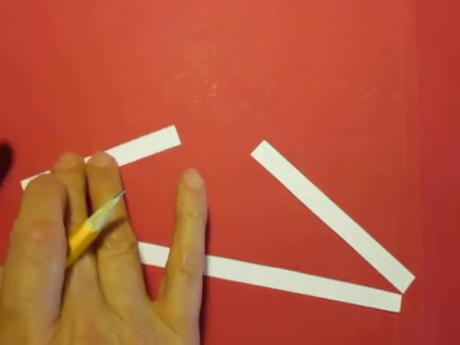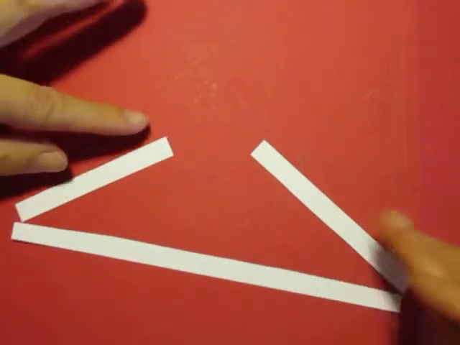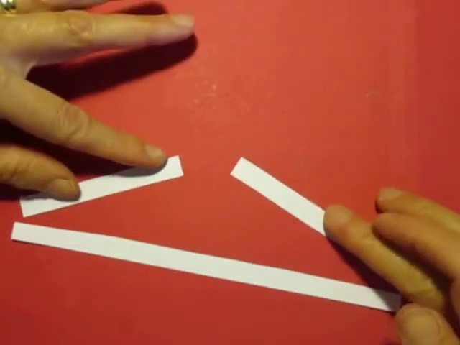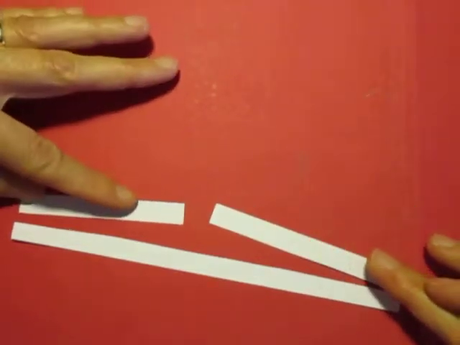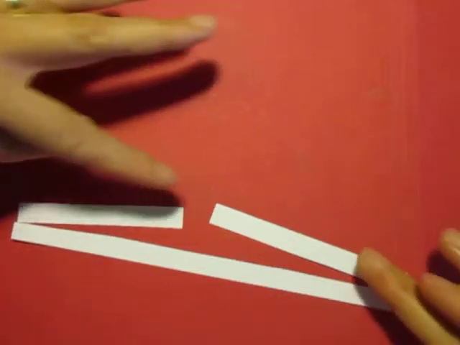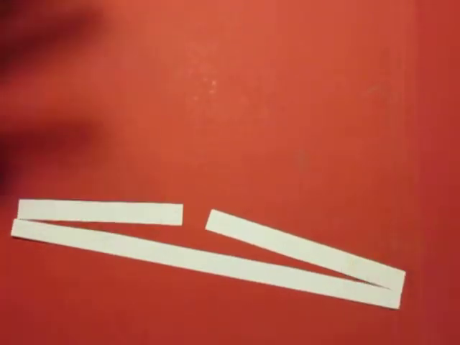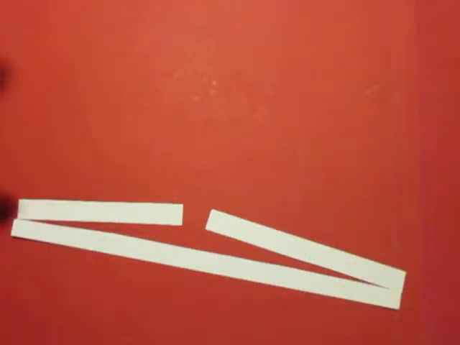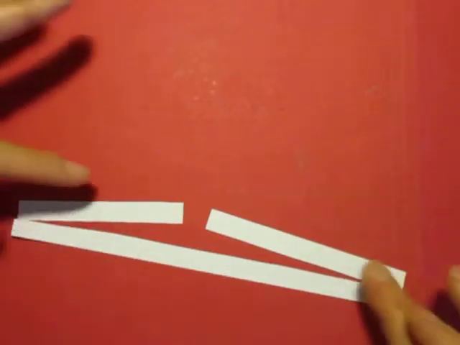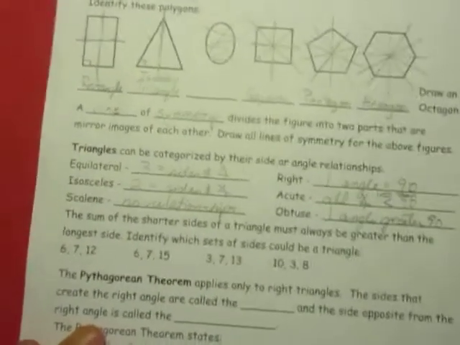So when I start to line them up on the edges, as I move these around, we can see that I can't get those two shorter pieces to meet to create that third angle that I need to create a triangle. So that's really where our theorem comes from, that the two smaller sides need to sum to be greater than that third longest side. So that's kind of the basis for Pythagorean theorem, but we're going to